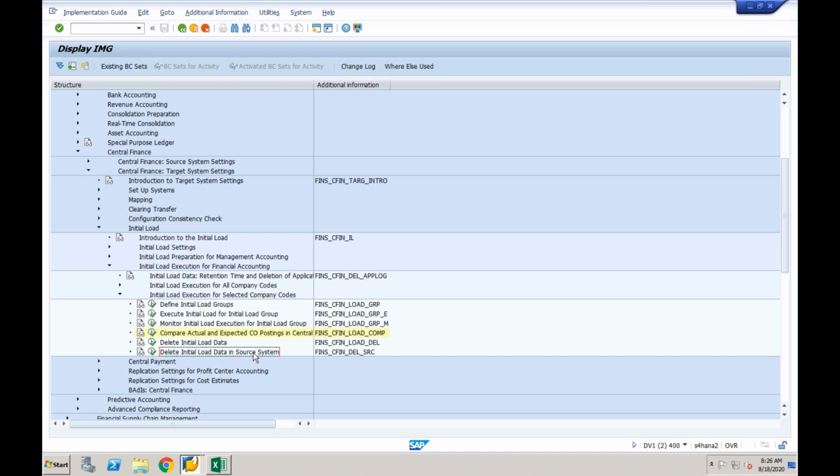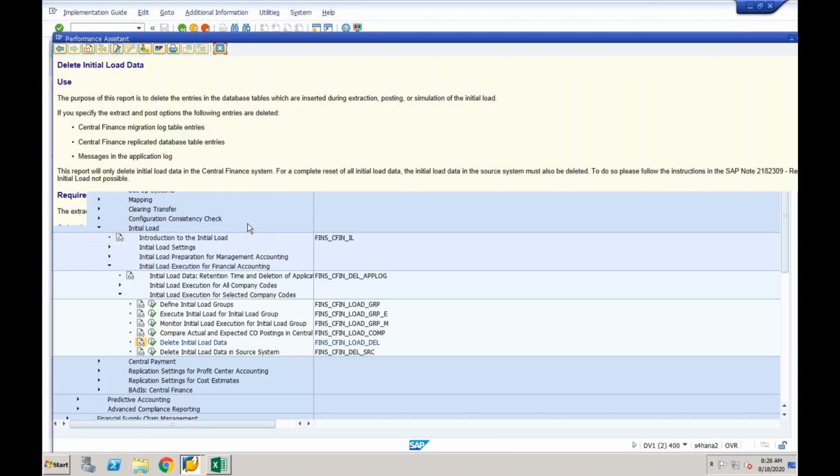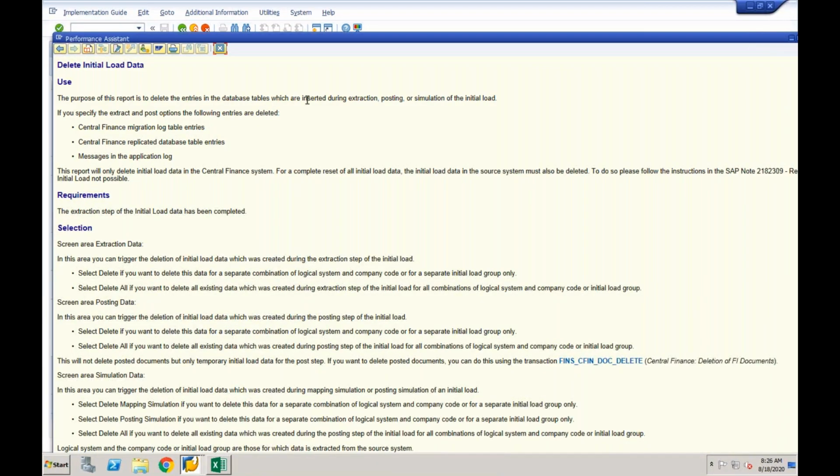Delete the initial data in the source system also. So, Vikram, just a question here, deleting the data from the target system after load. So you mean financial postings will be deleted or reversed? They will be reversed. The purpose is to delete the entries in the database tables which are inserted during the extraction, posting, as well as simulation